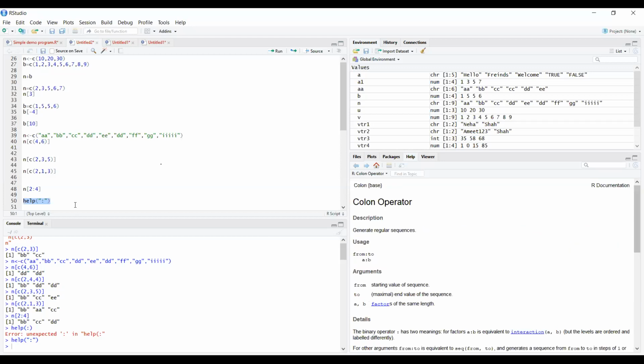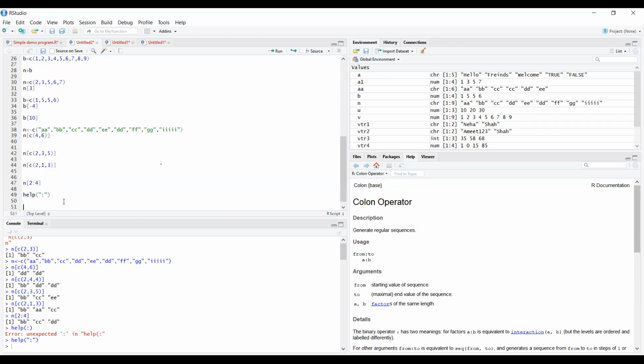The next part we are going to see is logical indexing. When we say logical indexing, it has some values, and obviously logical means true and false. So first of all, what do we mean by logical indexing?